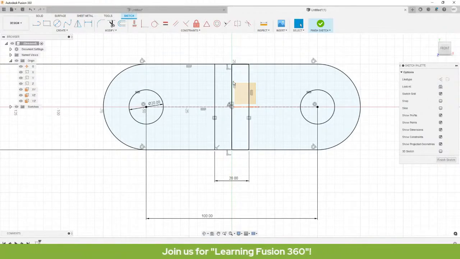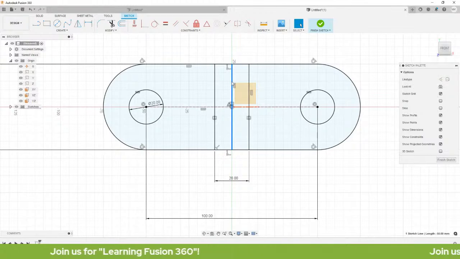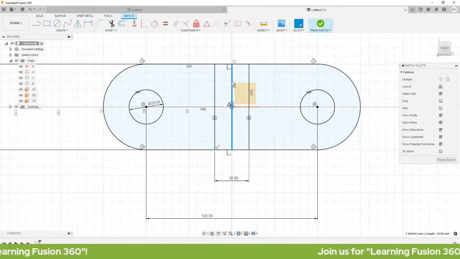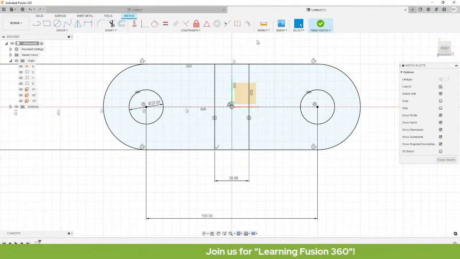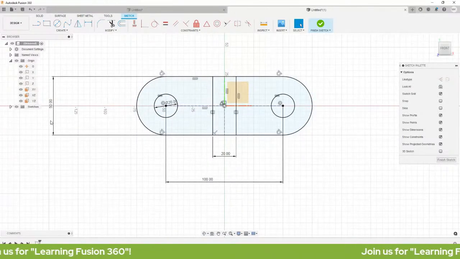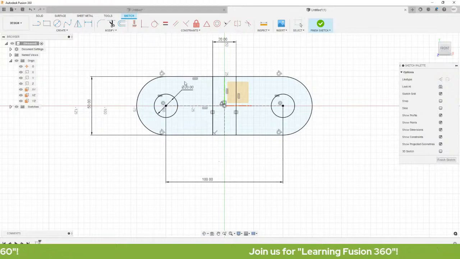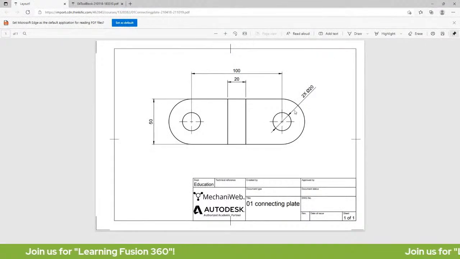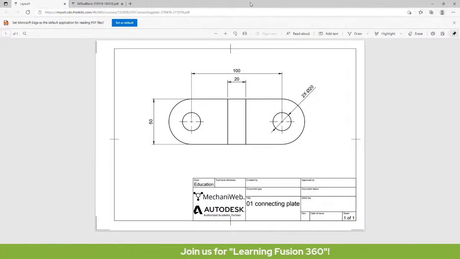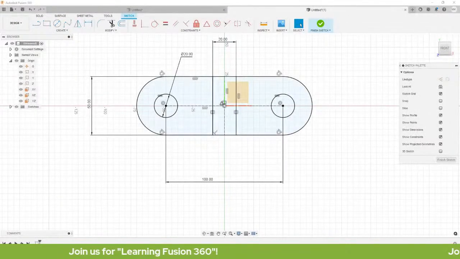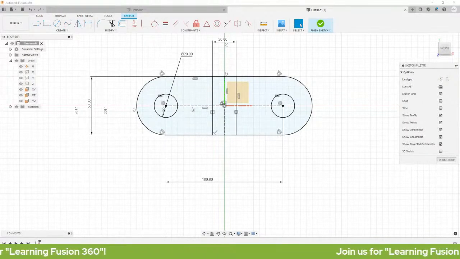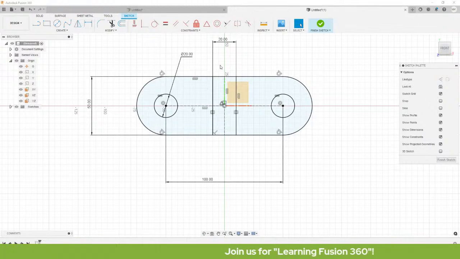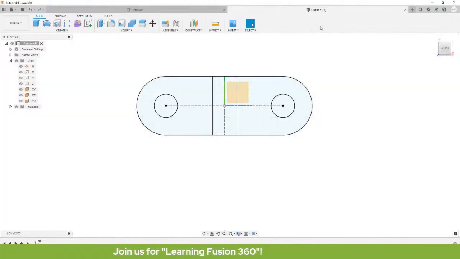Let's hit escape. Etong line na to, turn ulit natin into a construction entity. Press X on your keyboard. Okay? So, pag naganyan na ang inyong sketch, it means that it is fully defined. So, lahat na ng value na hiningi ng ating drawing is nalagay na natin. The 100, the 20, 20, and 50. So, ngayon, pwede na natin itong gawing 3D or solid. So, para gawin yan, okay, let's now click Finish Sketch.